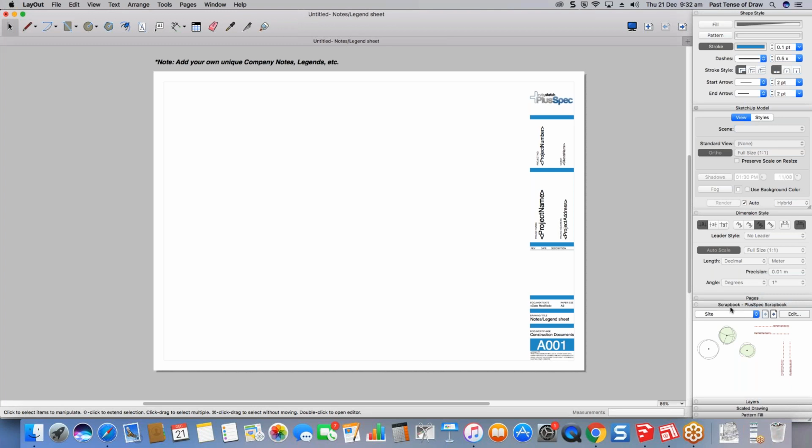So what I'm going to do now is I'm going to go into my first floor plan. I'm actually going to delete the guide because I don't need it anymore. And now I'm actually going to go File, and I'm going to Insert. But before I do that, I'm just going to quickly